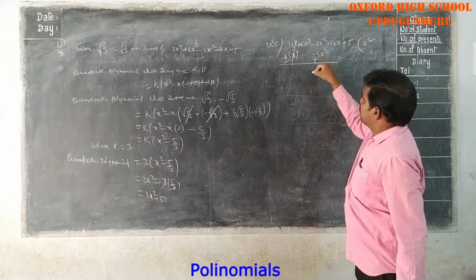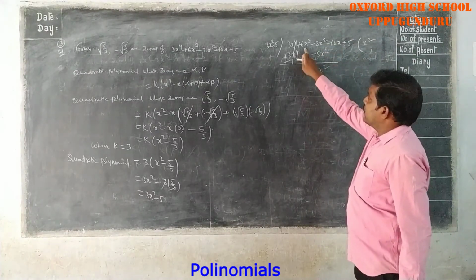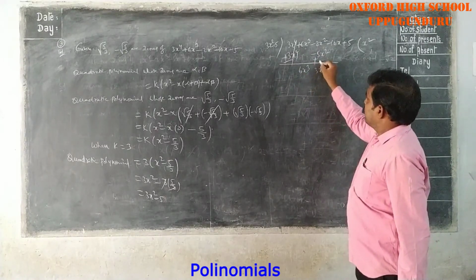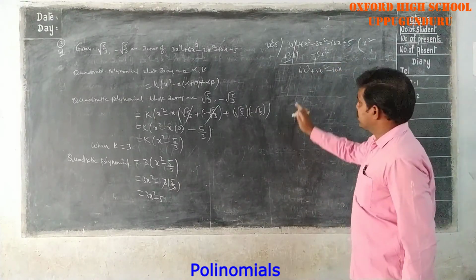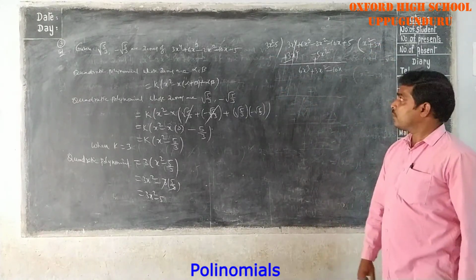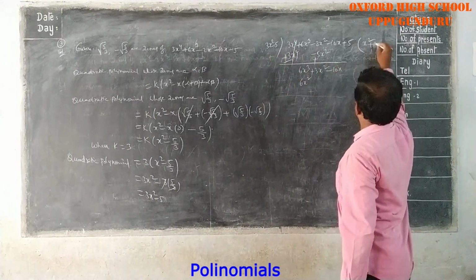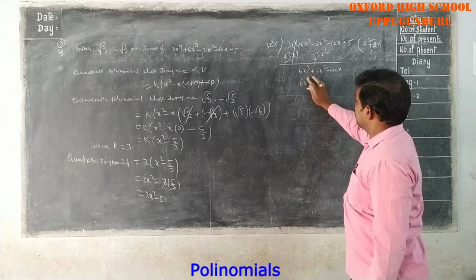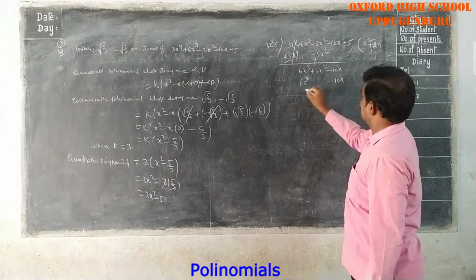Now plus becomes minus, minus becomes plus. So minus 2x square plus 5x square, you will get 3x square. Already the x cube term is there, that you have to write here: 6x cube plus 3x square. Next term is minus 10x. Now 6x cube by 3x square, you will get 3x. 3 into 2, 3 twos are 6, x into x square is x cube. Minus 5 into 2x, minus 10x.